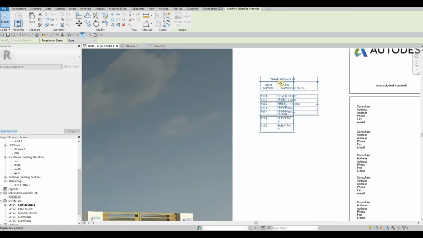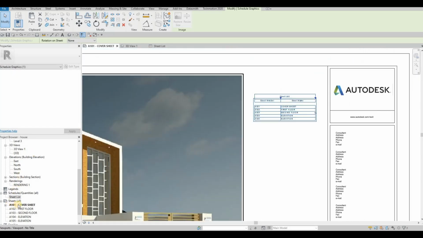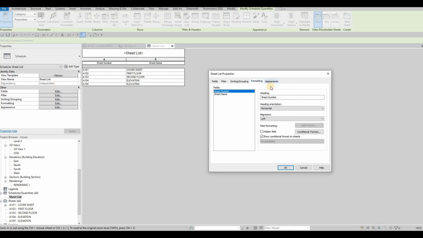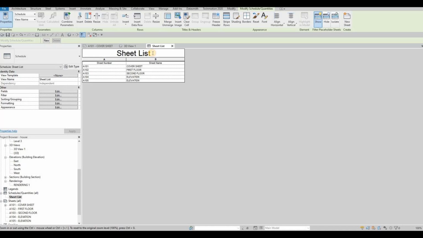Of course, you'll be able to customize the way it looks. So here, what we can do is we could just double click here, go to appearance, and here we don't want any gap from here, so I'm gonna uncheck that. Also, the title is very small, so I want to make it big. The text header, I'm going to make it 6, and then the body, I want it to be at least 4. So you can do that, and then after this you can put drawing list,